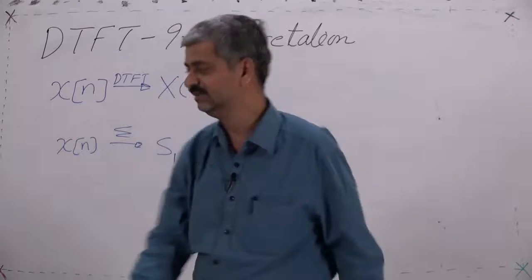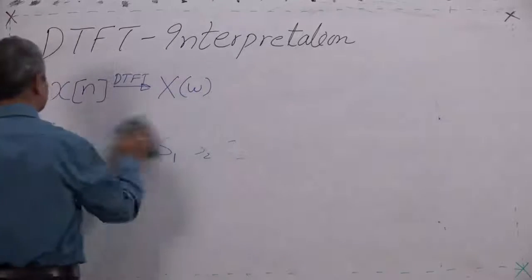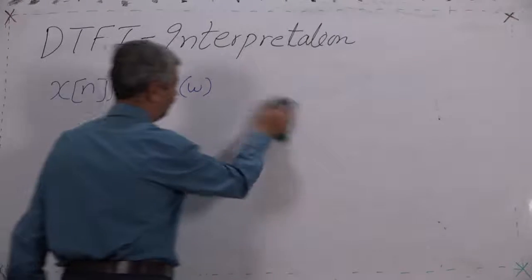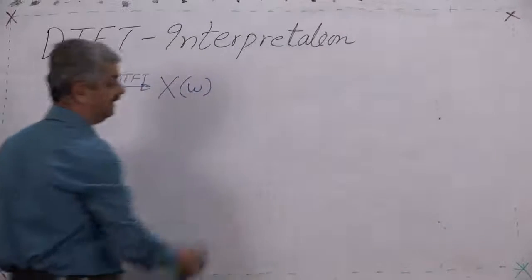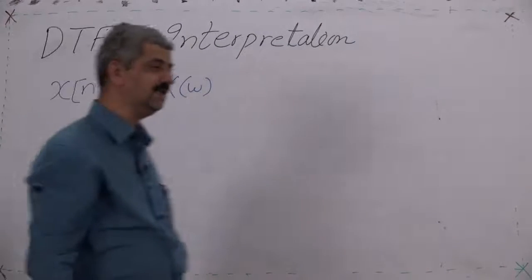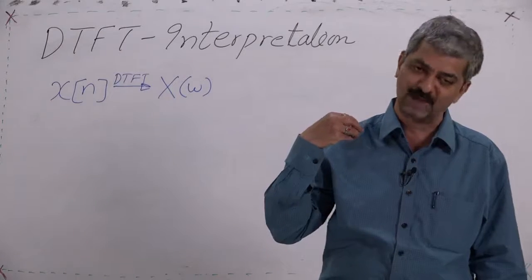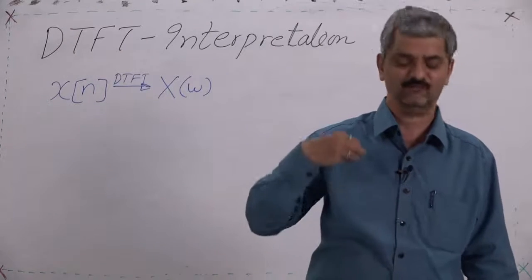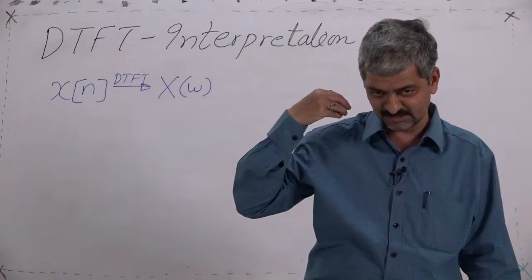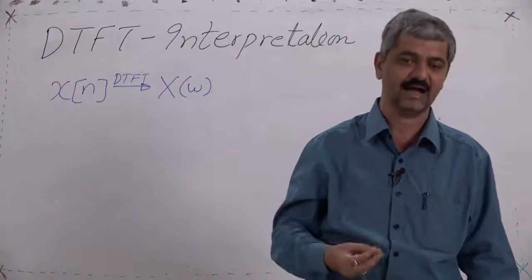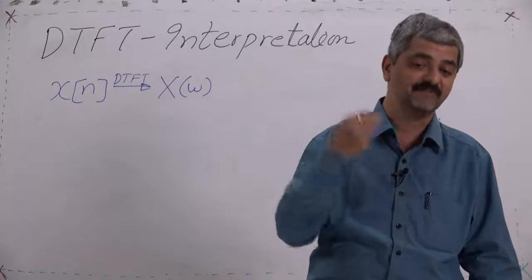Like that now, the question here is that x[n] is now transformed into X of omega. X of omega is not a single number. For various values of omega, X of omega is a continuous periodic function. So, for the value of omega equal to minus pi, it will have some value. For the value of omega as minus pi by 4, it will have some value. For various values of omega, X of omega will be some number.